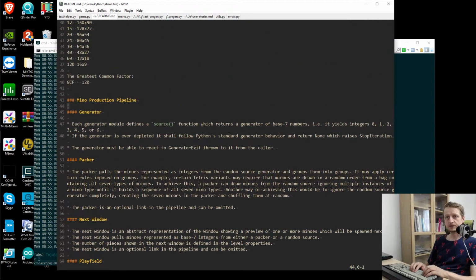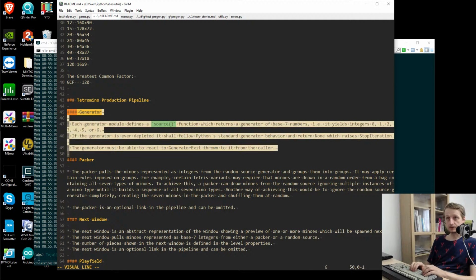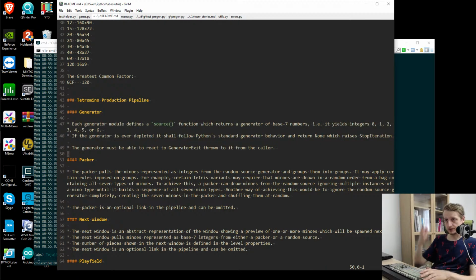This morning I have written the tetromino production pipeline. It is like the generator module, which gets in our pre-gen. We will specify a source, which is a generator function, and then